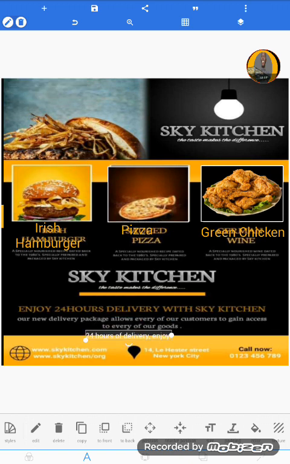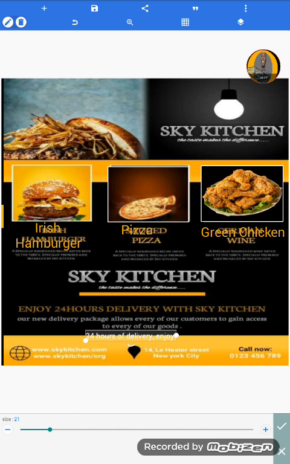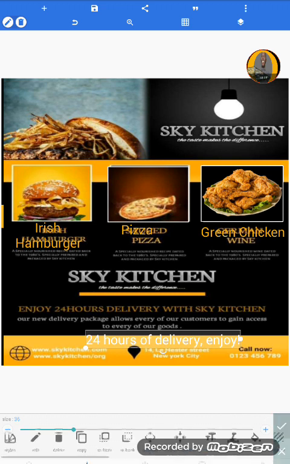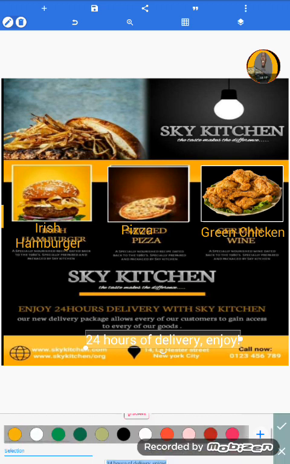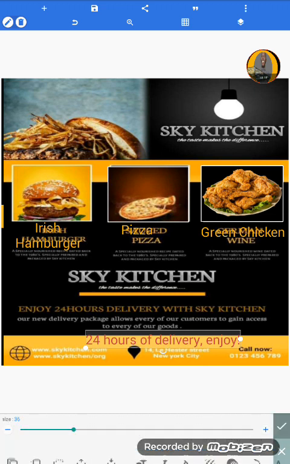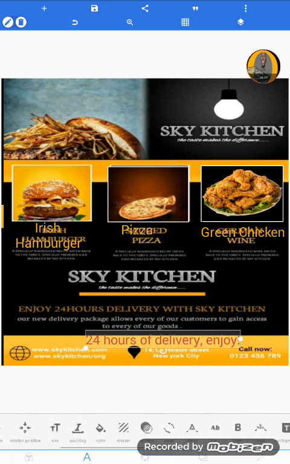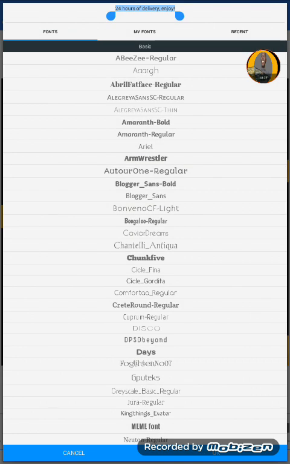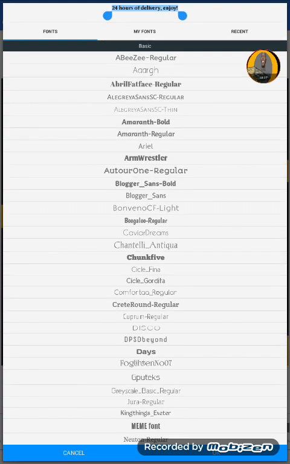We put it down, we enlarge it, we change its color to red, dark, or rather pink. We change its font to, let's say, Amrestla,